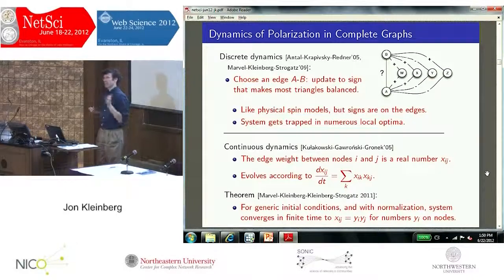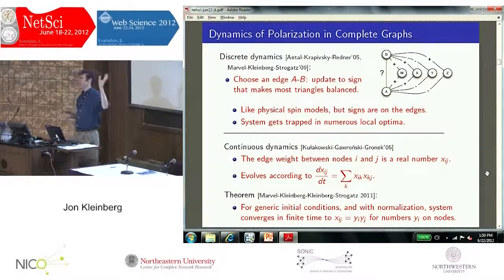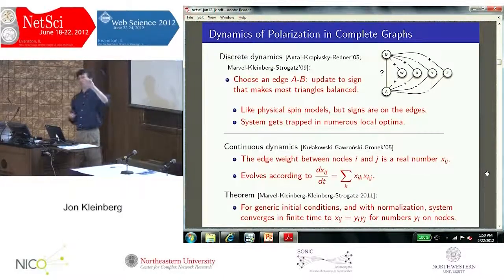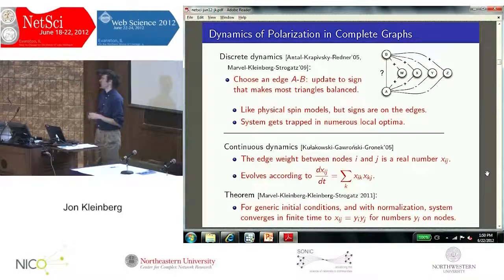I should mention that actually it's different from the kind of physical spin systems that one actually looks at in physics, because in physics, the spins are generally on the nodes. My friends in physics tell me that because here the spins, plus or minus, are on the edges of the graph, that makes it a gauge theory. And actually, they tell me even further that it's a Z2 gauge theory because it's plus or minus. But we don't have to worry about all that. The point is, this discrete dynamics